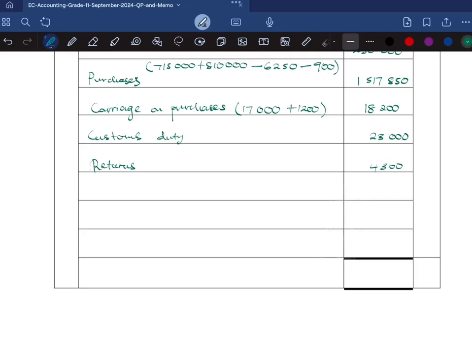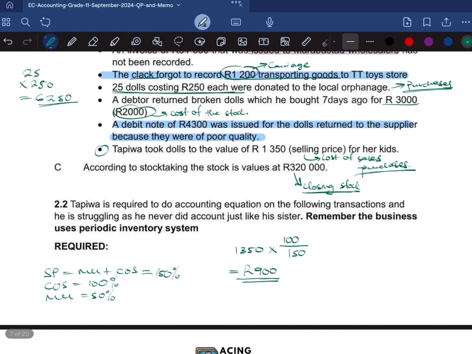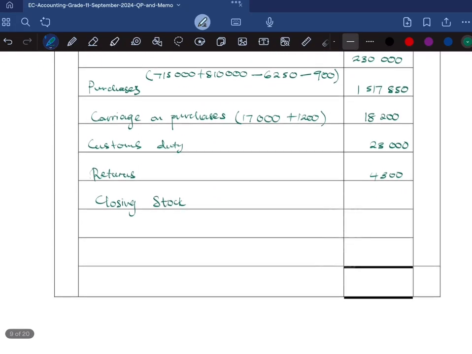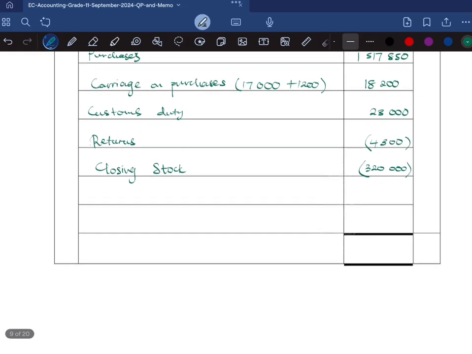nothing complicated. And then we're going to have our closing stock because we don't have anything else that is going to affect our calculation. So our closing stock, we had that on information C, and we know that it was 320,000. So, okay, this is what I was talking about. See these brackets, and then 320,000 here. And then, so we have some extra space. That's also okay. And then at the end, we're going to have our cost of sales,